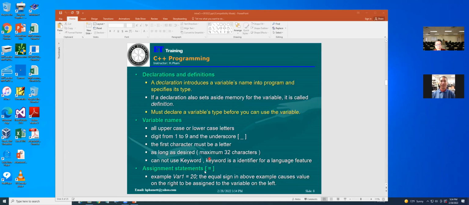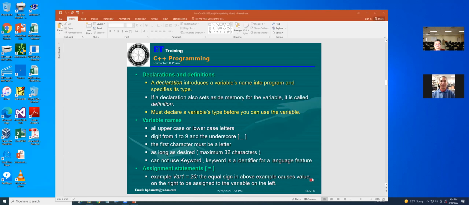Assignment statement. If you say VAR equal 20, the equal sign in the above example causes the value on the right to be assigned to the variable on the left.